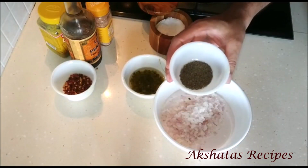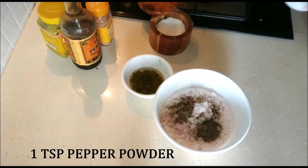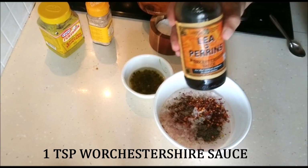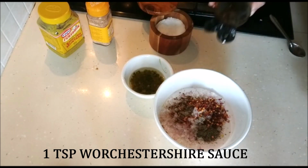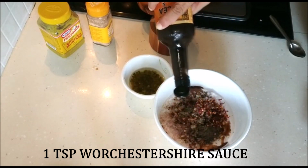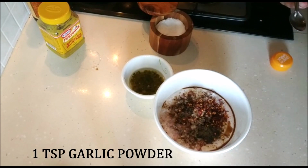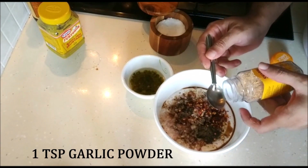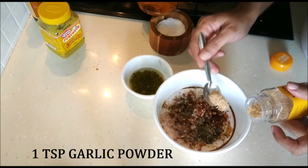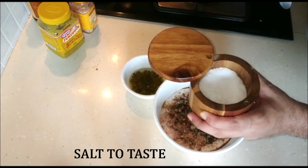Next, I'm going to add 1 teaspoon of pepper powder, 1 teaspoon of red chili flakes, 1 teaspoon of Worcestershire sauce, 1 teaspoon of garlic powder, next we're going to add some salt to taste,